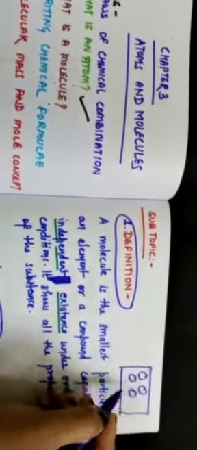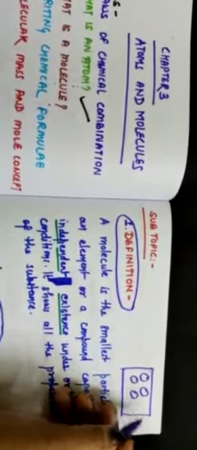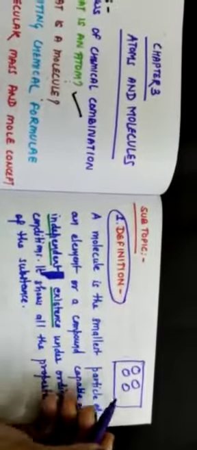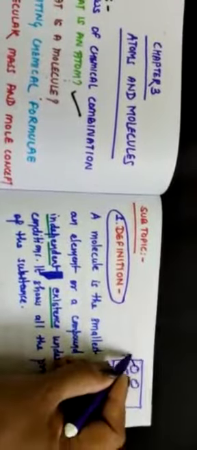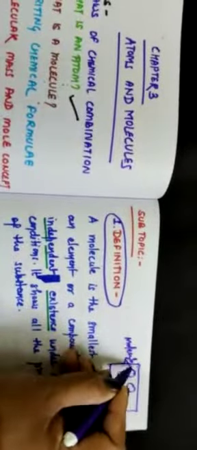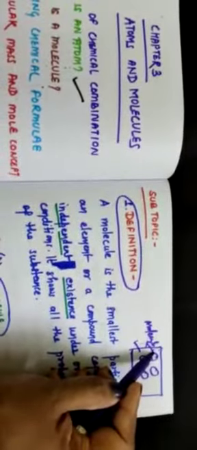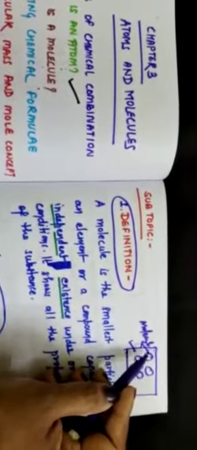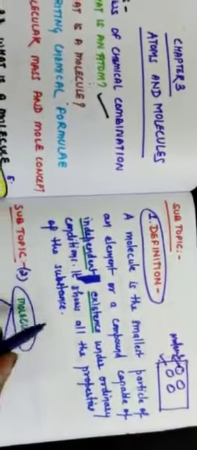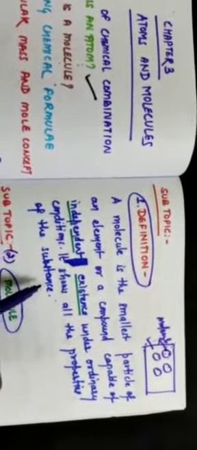Earlier we told you, suppose this one is an element and the smallest ones, all these are atoms, and their existence is not independent. And now today for molecule, again element, smallest particle of element or a compound, right? Molecule, and all the properties of the element. The properties of elements match with the properties of molecules, the same as you have learned in case of atoms. So here it shows all the properties of the substance. Substance means whether it is element or compound.